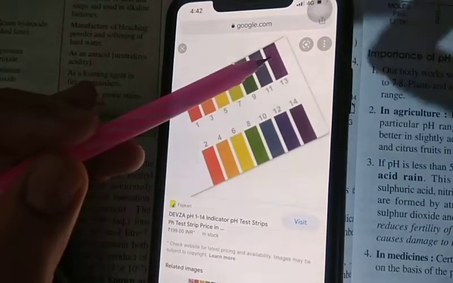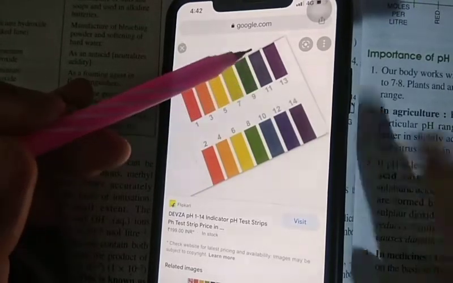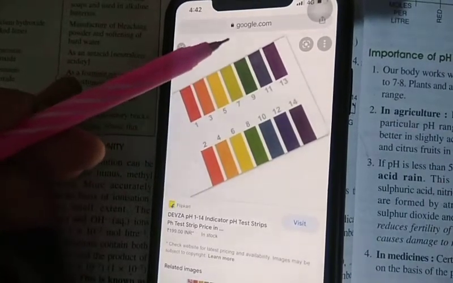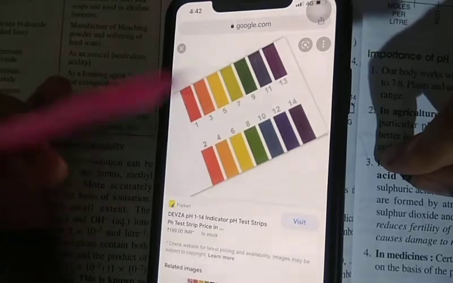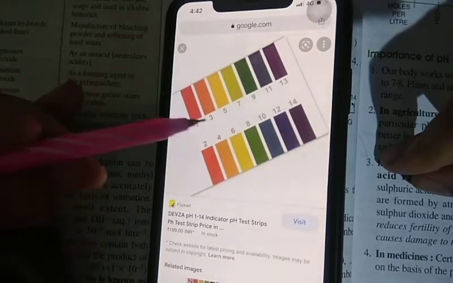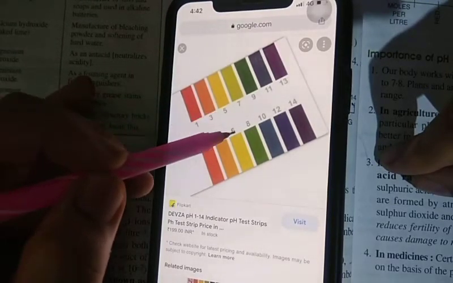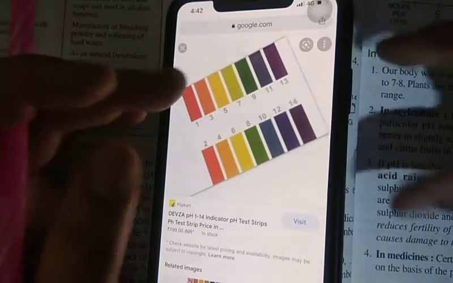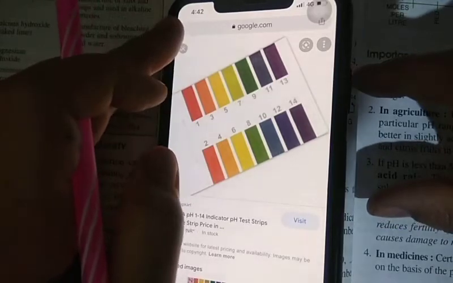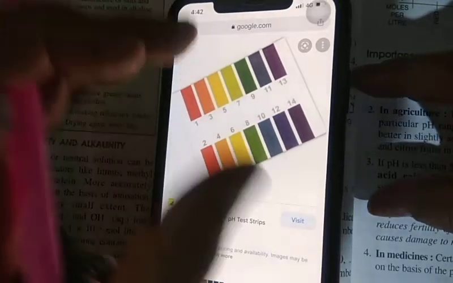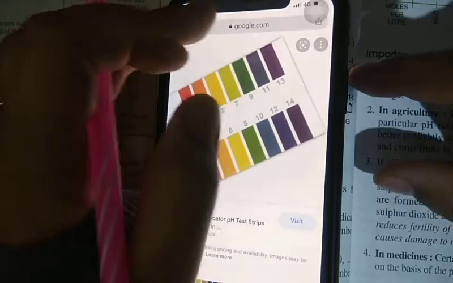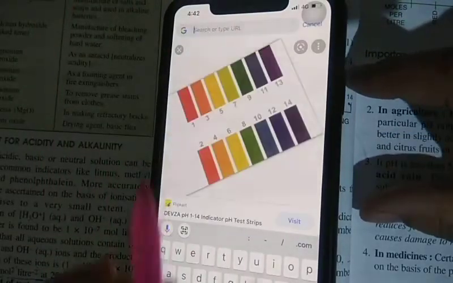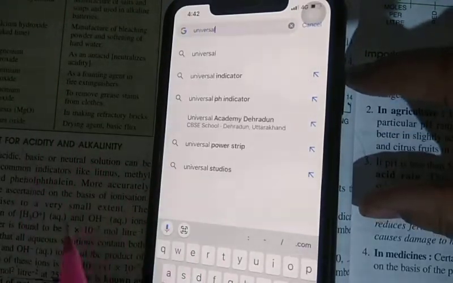Similarly, if I take again a white colored pH strip, or whose color is pinkish type, and if I dip it in a test tube and its color changes to yellow, then I'll say that yes, it is either 5 or 6. That means it is acidic in nature and it is a weak acid. The one inside the test tube is a weak acid. So this is what a pH strip is. A pH strip explains about the acidity or the alkalinity. Now the next thing is the universal indicator. So this is a universal indicator.